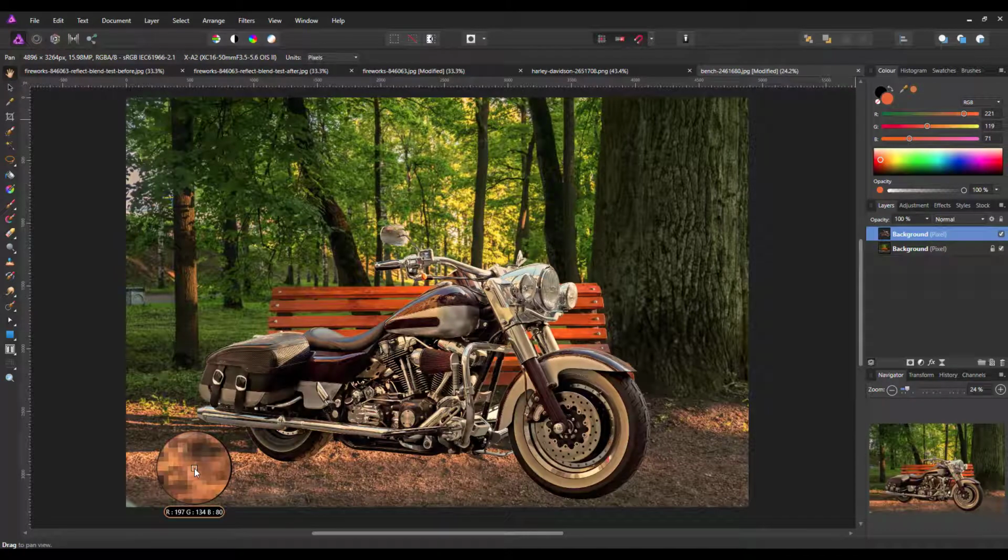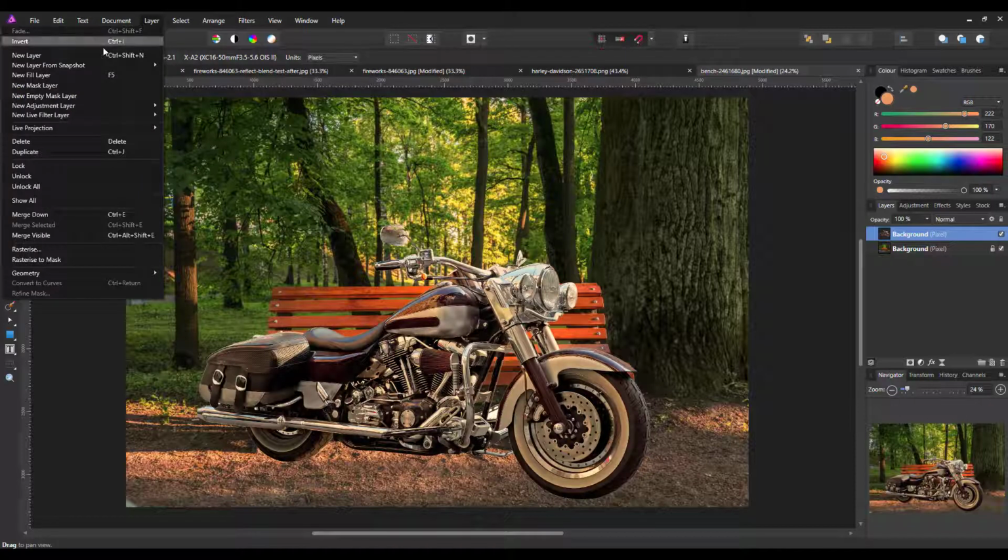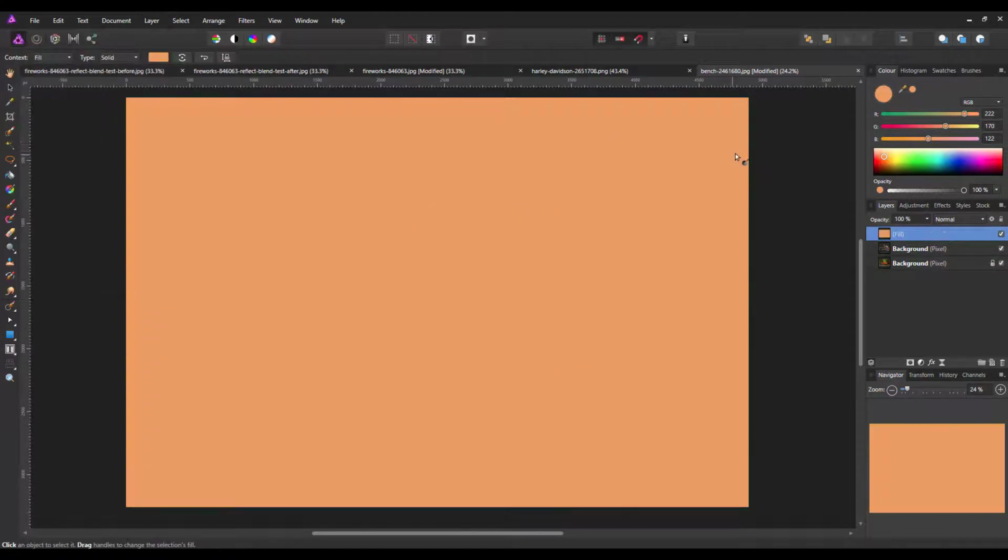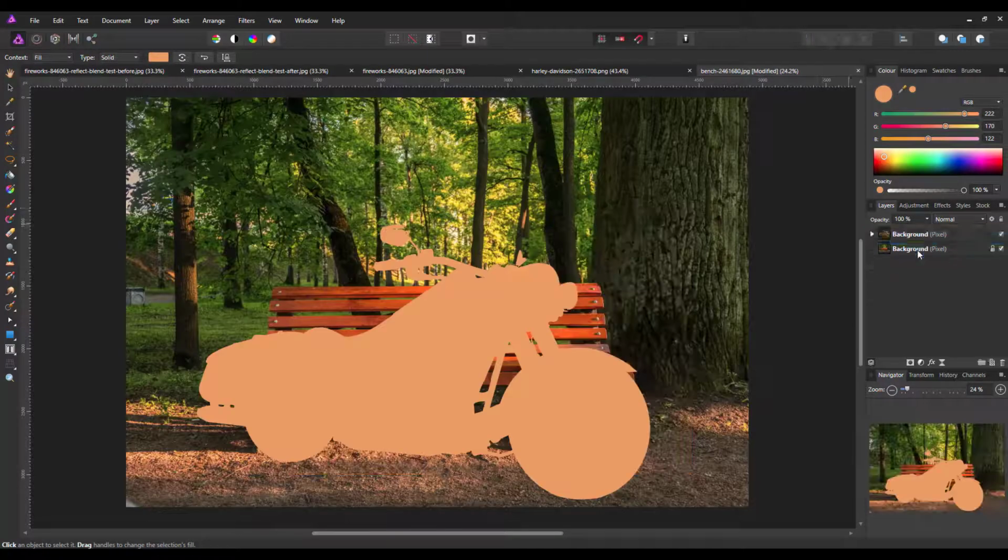Let's try that one. So that colour is now in the little dot there, so if I click on that and move the colour to the big foreground area, and then layer, new fill layer,